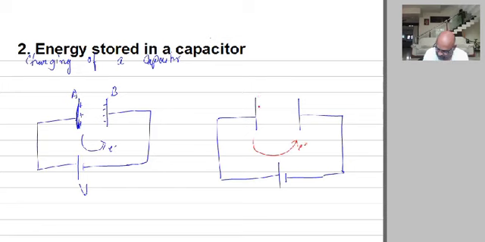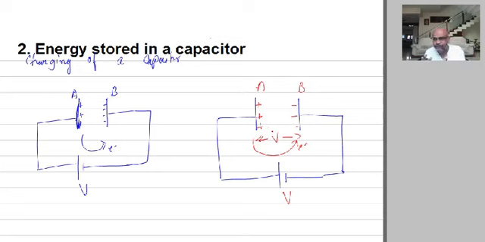So this plate A loses electrons and therefore becomes what? Positively charged. And the other plate, say B, gains electrons and becomes negatively charged. And the transfer of electrons keeps taking place. How long? So long as the potential of the battery becomes equal to the potential across the capacitance. So until the potentials become equal, the transfer of electrons keeps taking place. This is how we say the charging of a capacitor.